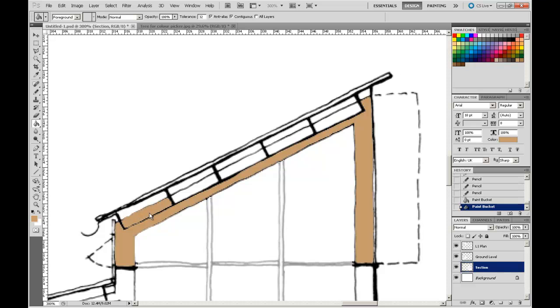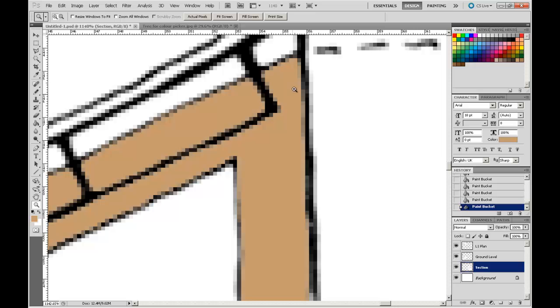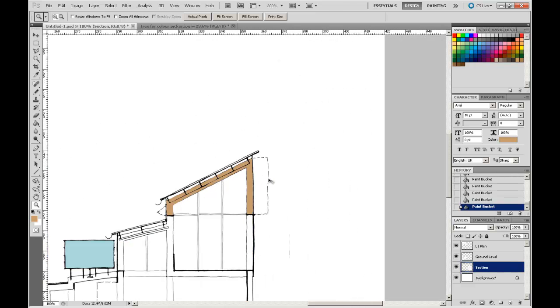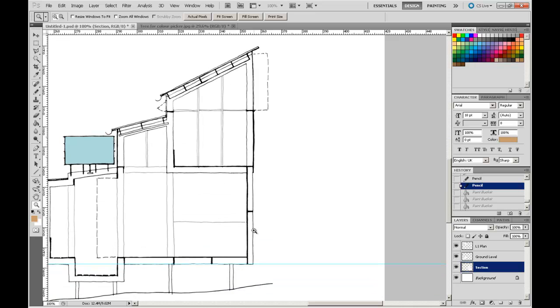The only issue is that when we start to fill this, you notice that if we zoom in, it's bleeding a little bit into the line work, and so as we fill the region between the lines, it's tending to wash out our line work at the same time. So what I'm going to do is go back in time, undo those fills, and instead I'm going to